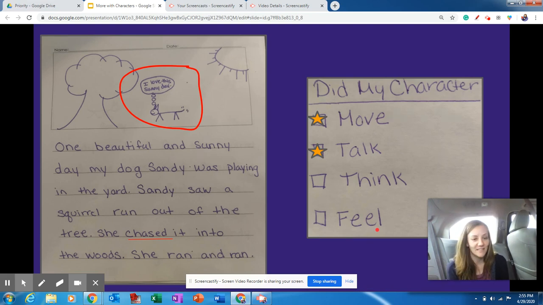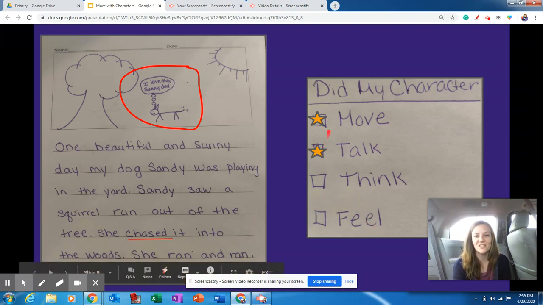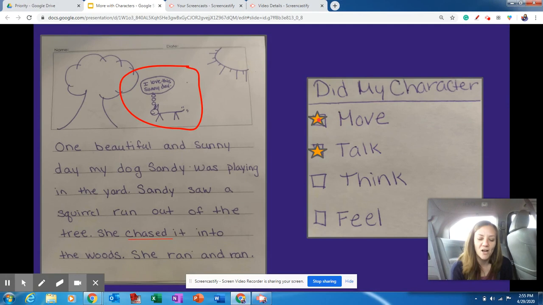She ran and ran. I underline that word chase because I think it really does help show my readers that my character is moving. I put a nice star because I checked my work and I know my character is moving. Sandy chased. I also circled this picture up here because illustrations always tell our readers more,